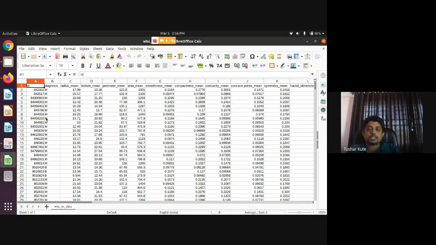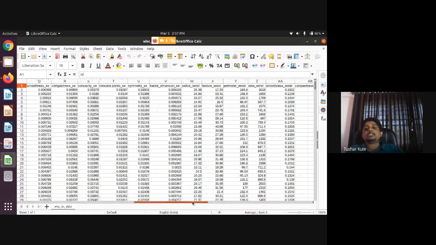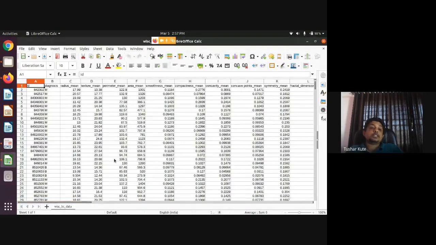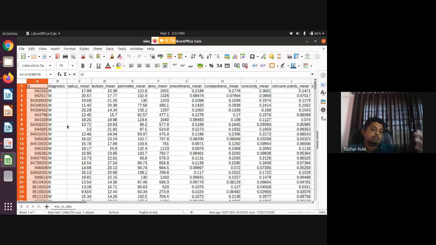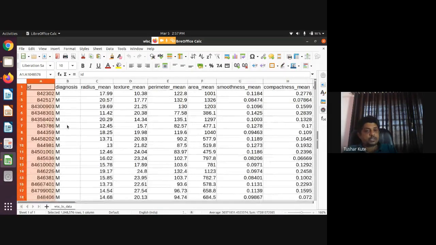Okay, check the data set. This is the Wisconsin breast cancer analysis data set. The women who got breast cancer are detected, not detected; that information is presented here. Multiple patients are there, the patient ID is mentioned, and the tumor is detected in the body. That tumor has some measurements, and these measurements are extracted using a microscope.